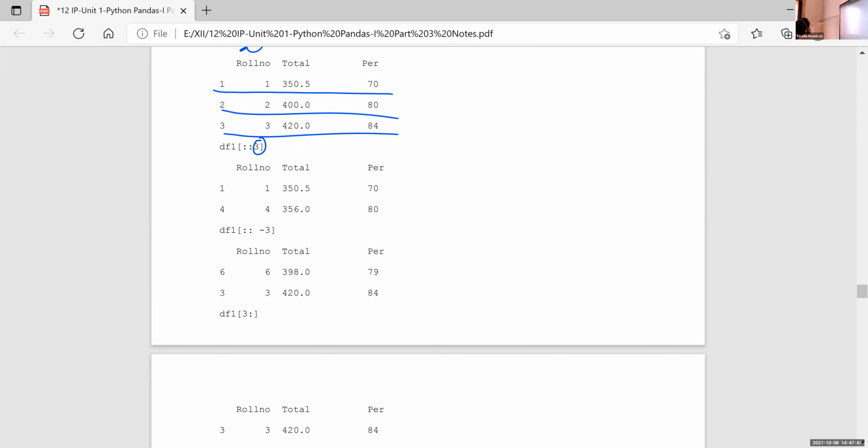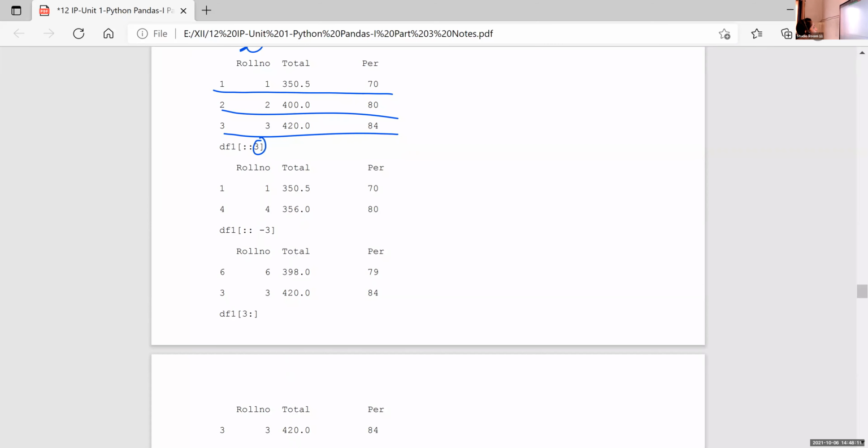So ::-3 means we will start from the last value. 6 is the last row, so the last row is displayed. After that 6 minus 3 is 3, so the third row is displayed. 3 minus 3 is 0.